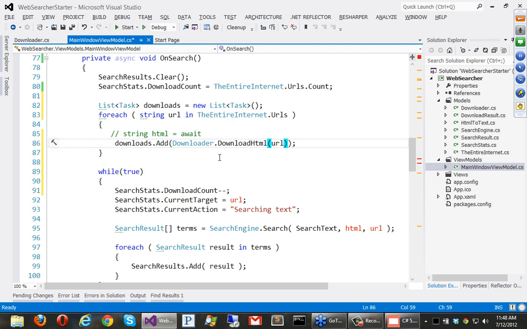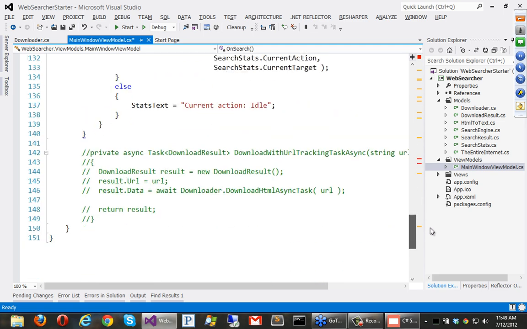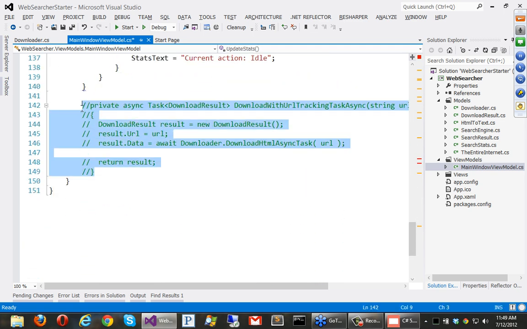But it turns out we have this problem because we actually need two pieces of information to process the result. We need what the URL is and what the content at the URL is so we can search it, right? We need to know the URL, so if you double click it, we can take you there, and we need to know the content so we can search it. So what we have to do is we have to basically create a simple object that just stores both the URL and its content. So at the bottom, I've got this little super simple method here.